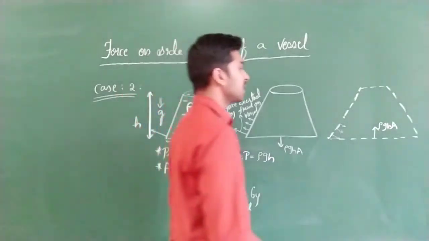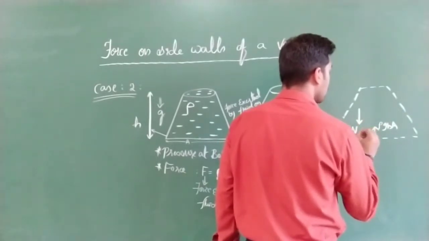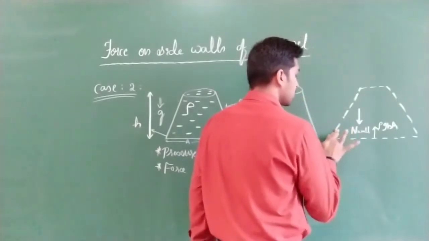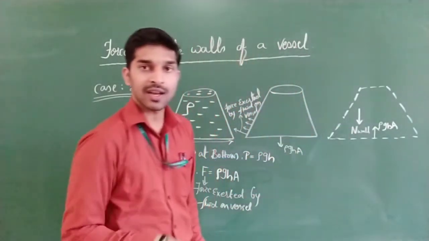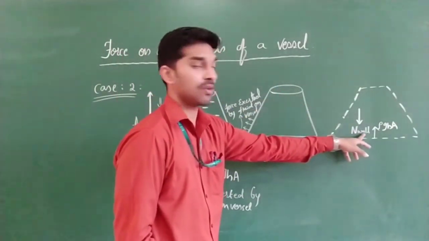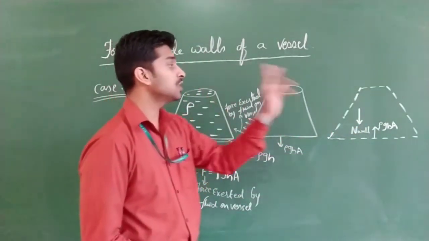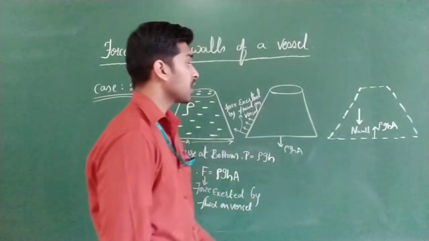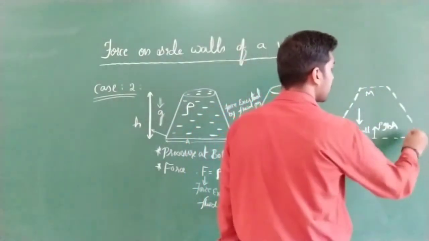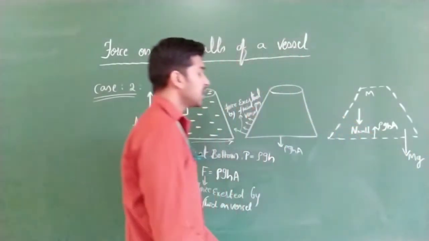So what I can write basically here, N wall, that means the normal reaction applied by the wall, is in the downward direction. Clear? So here also, same case: all the horizontal components will get cancelled, but the vertically downward components will get added up. That resultant will give us N wall. This N wall is the normal resultant exerted by this vessel on this liquid. Clear? Okay, now what will happen? If the mass of this complete liquid is M, where will the weight apply? The weight will be applied in the downward direction, that is Mg. Clear?